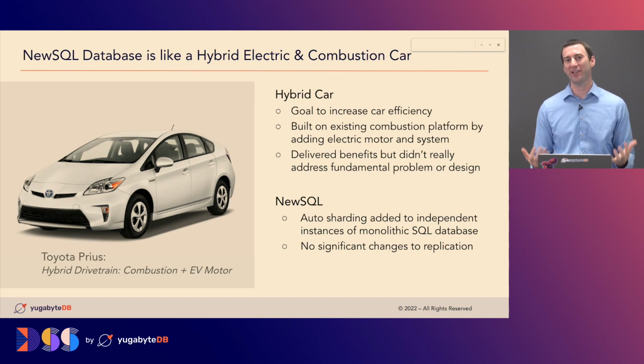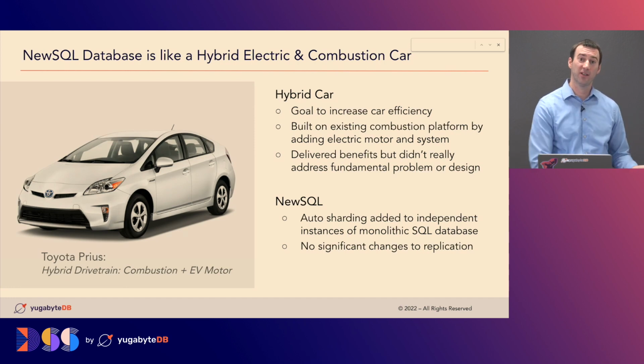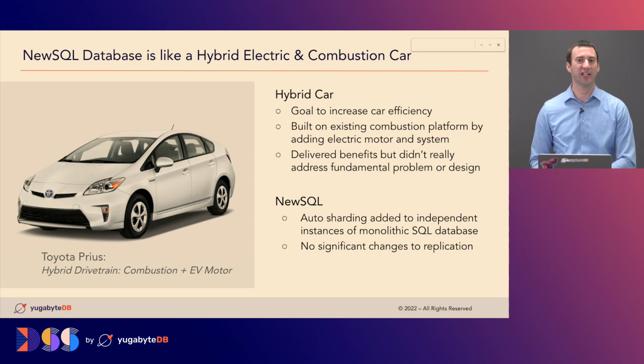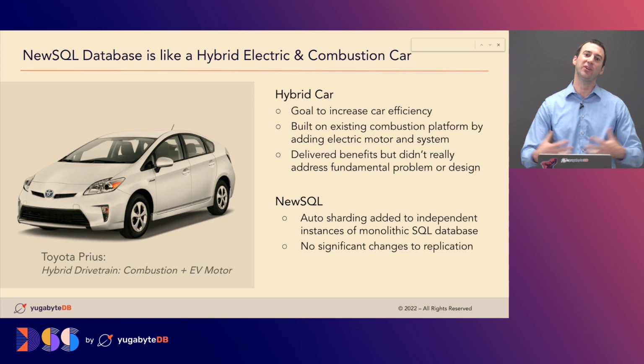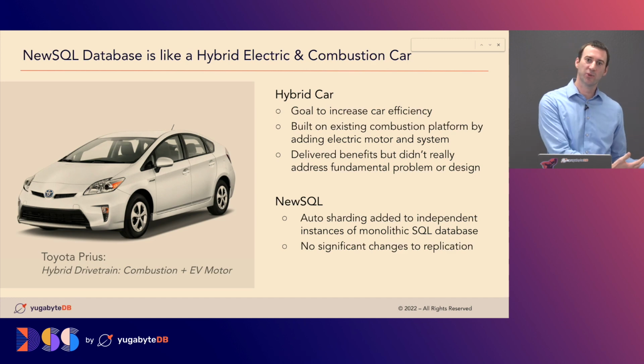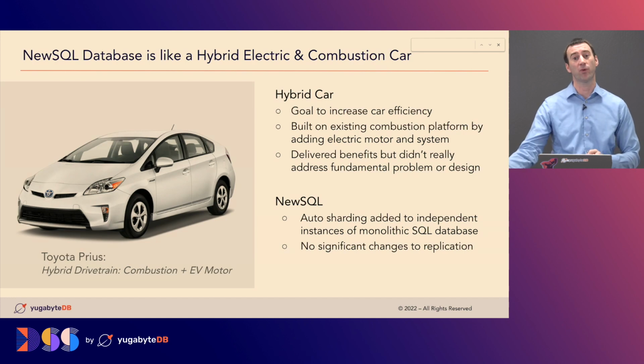But if you peel back the architecture, you see, again, an electric motor bolted onto the combustion engine. You still had all the challenges, all the complexities, all the downfalls of a combustion engine. It still had the exhaust from a pollution standpoint. You still had to go get your oil changed. You still had all these moving parts of moving gasoline around, moving fluids and gases. You had to fill it up still. So again, legacy challenges were still there, but you did get some added benefits. So again, it moved us a step forward.